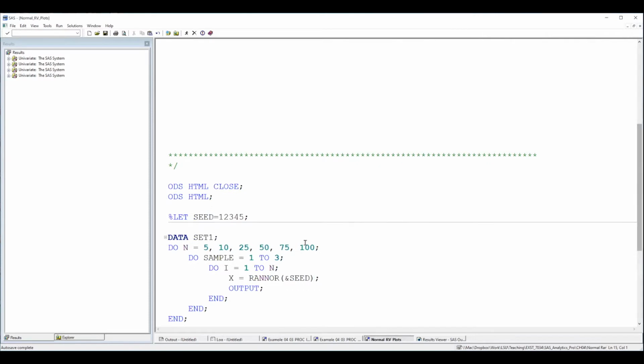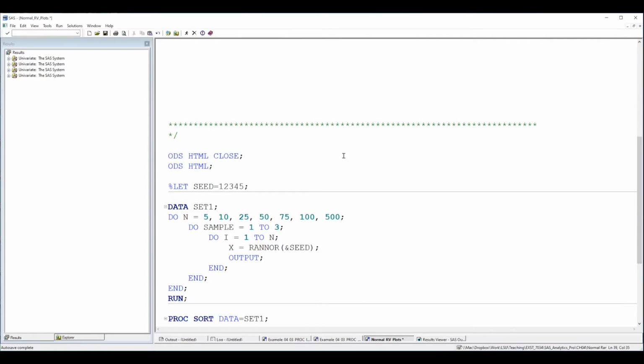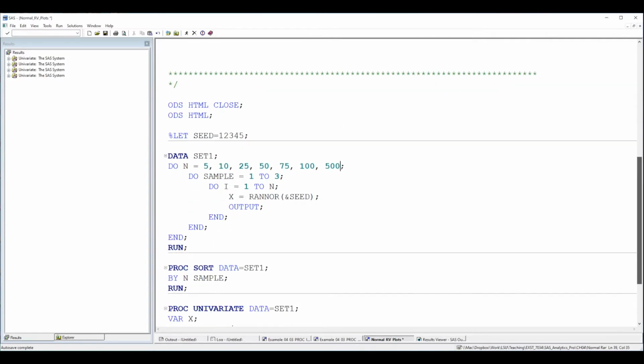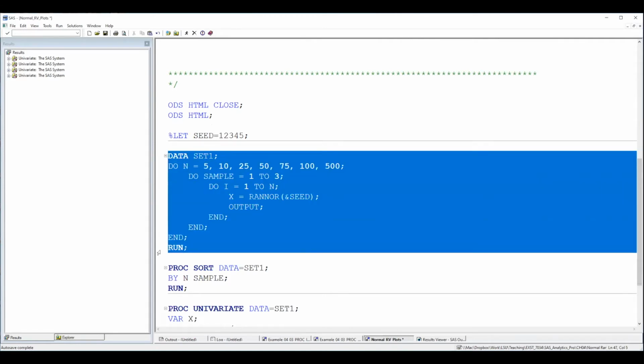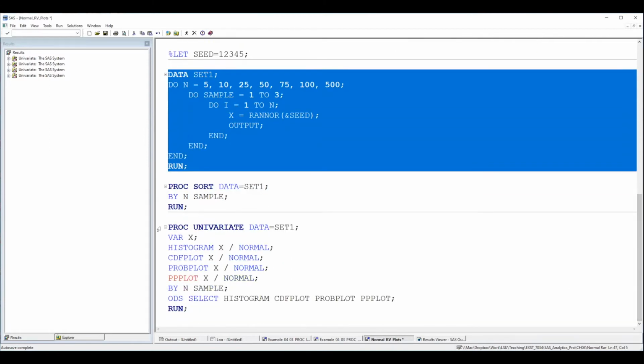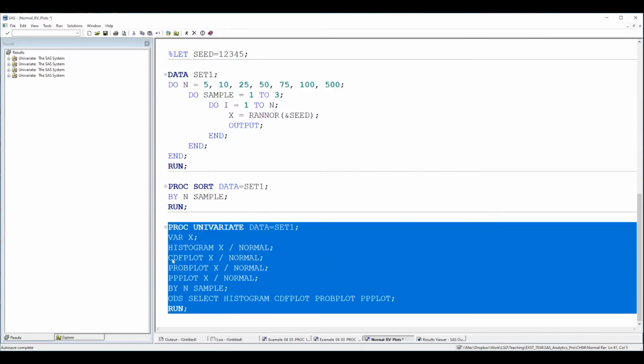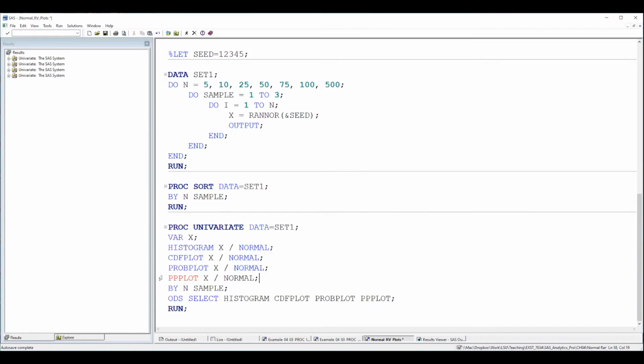And let me see here. It looks like I said I was going to use sample sizes up to 500, so I better include that. And so here what I'm going to do is generate normally distributed random variables, in particular standard normal random variables. And then I'm going to invoke proc univariate, and I'm going to construct a histogram, a CDF plot, a probability plot, and a PP plot,